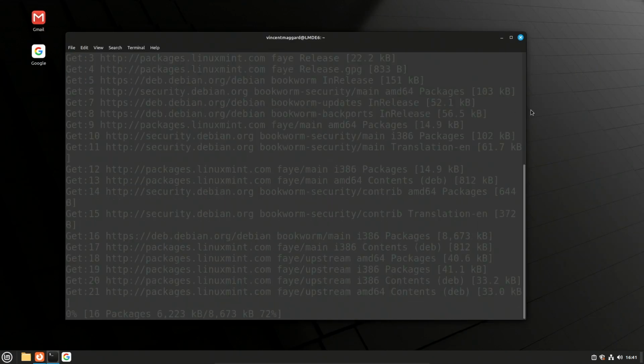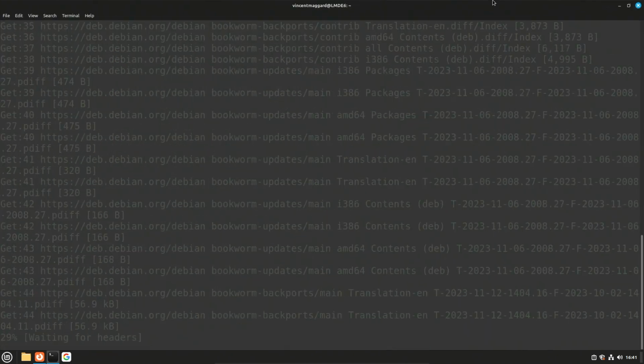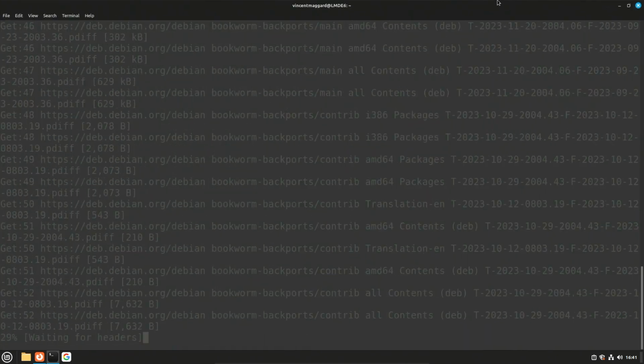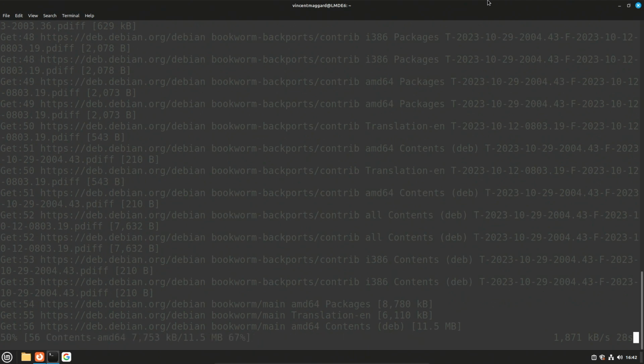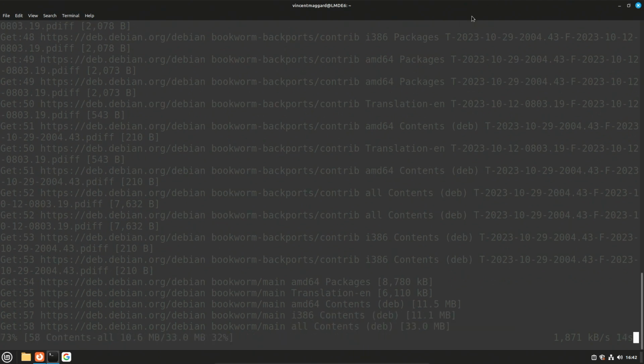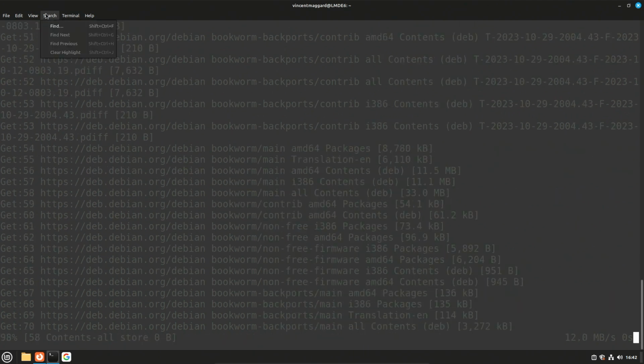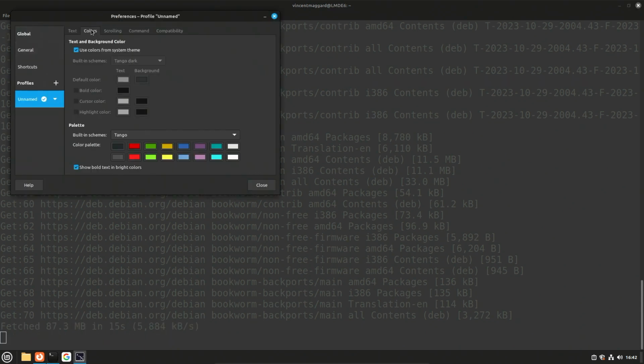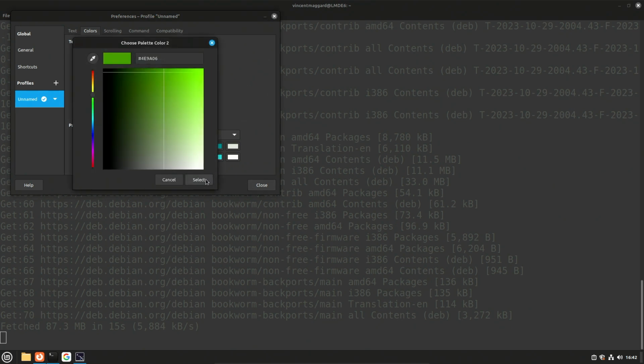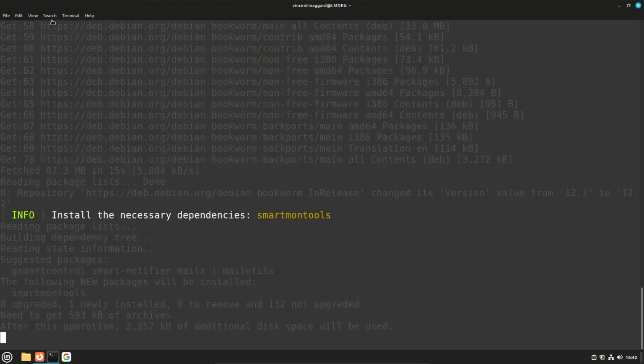And here it goes. It's doing some stuff. There we go. We'll full screen that terminal here, make it a little easier for everybody to see. Hopefully y'all can see that. The colors look a little off to me. I wonder if I can tweak them here. Let's see, colors. Can we make the text green or something?